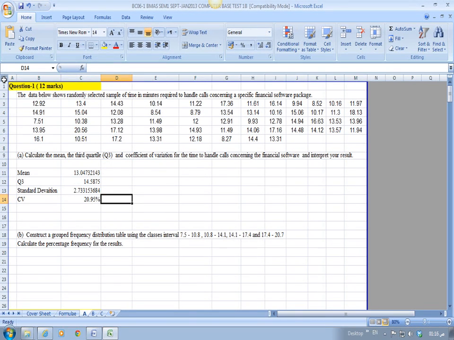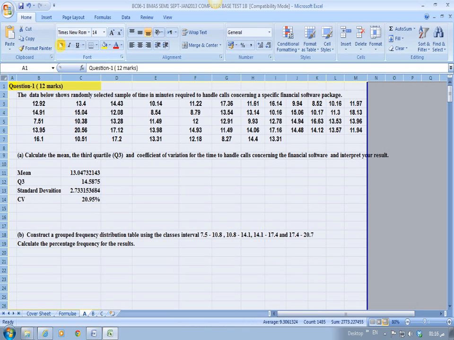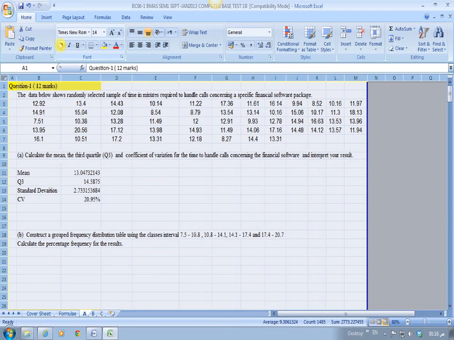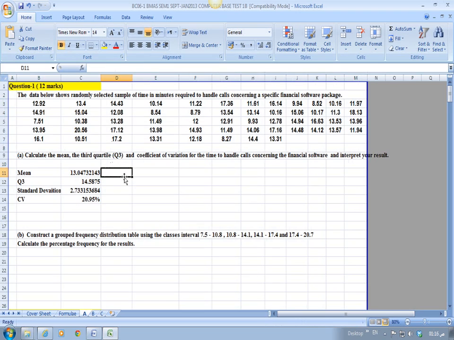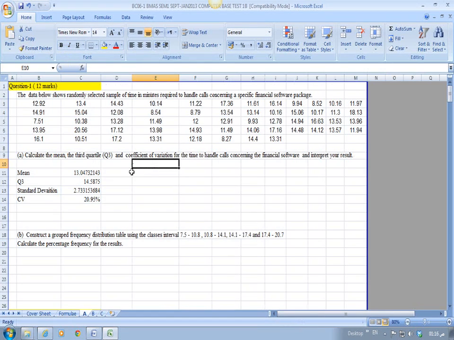The last part of the question is to interpret your result. Interpret your result means to explain your result in words. So here the mean, we normally say the average, so the average